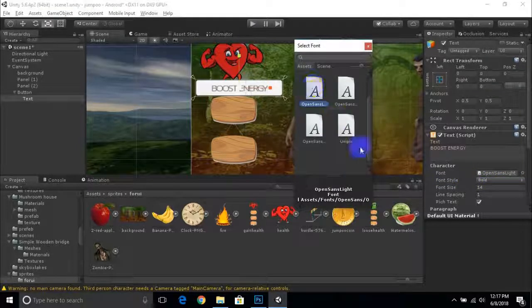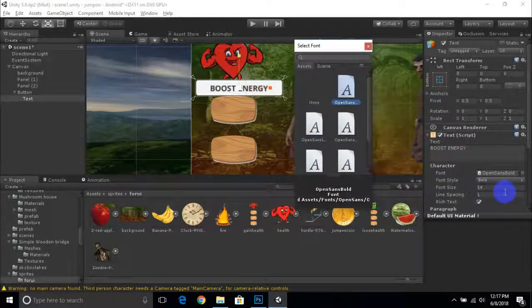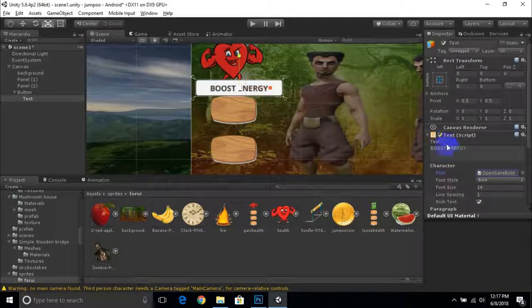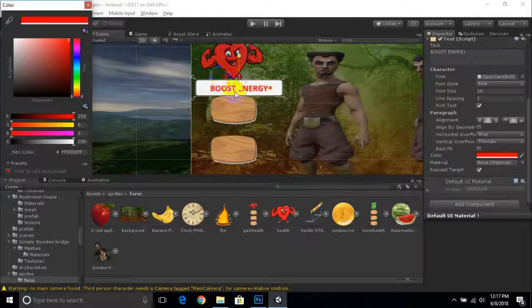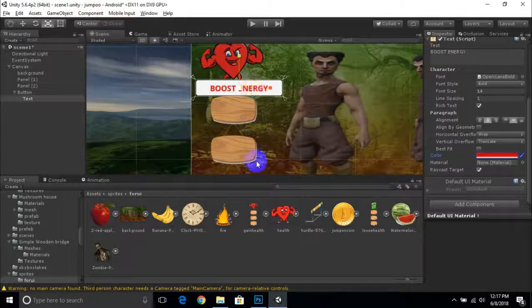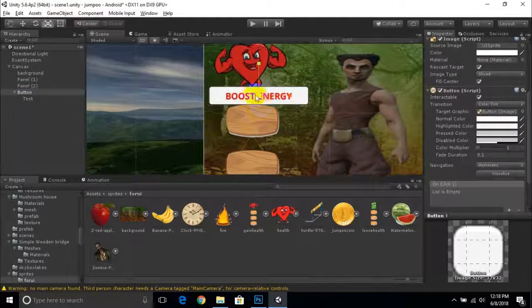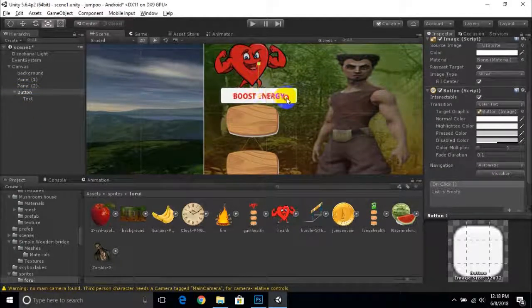and this is not good. Bold, open, this is fine I think. Yes, this is fine. So now it's fine. After this we can add material to this font also, but that's not our topic, and we can change the color of this font as well. So we'll add color, red color I think, because it will match this color. So we can make color like this, very near to this color, and that's it. Boost energy. We will select the button and we can make it a little bit smaller like this,